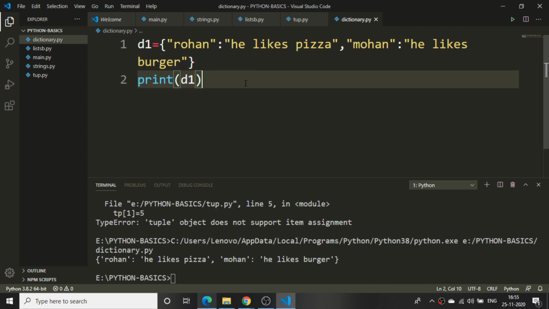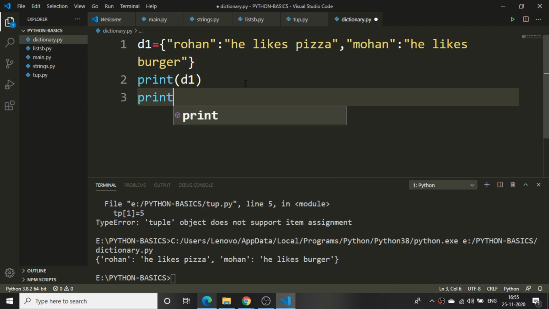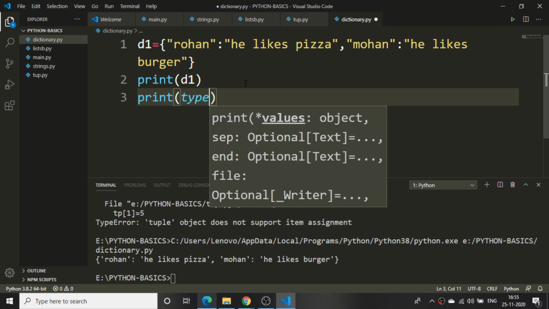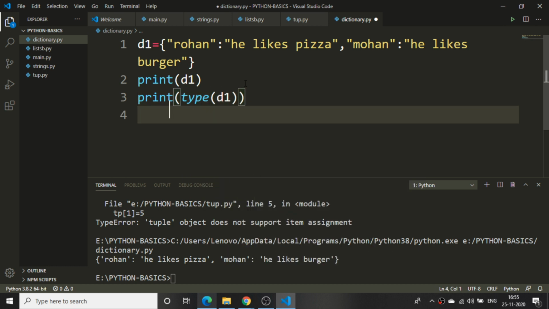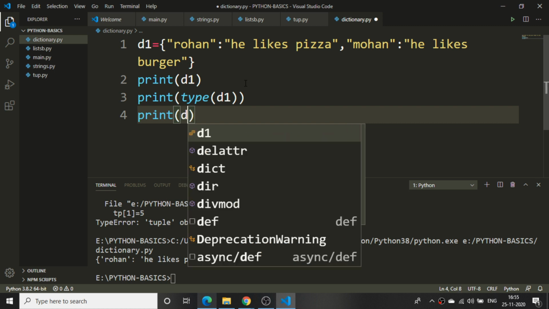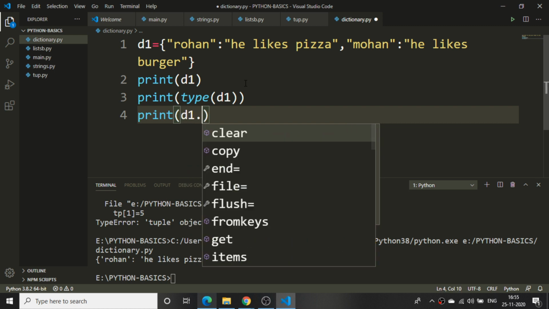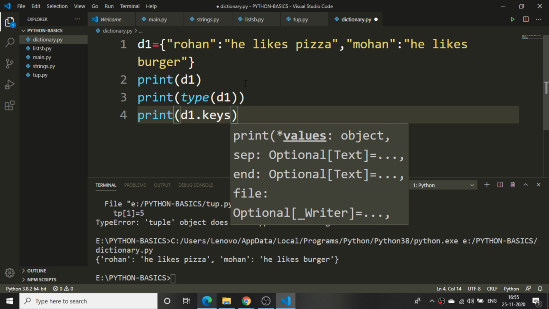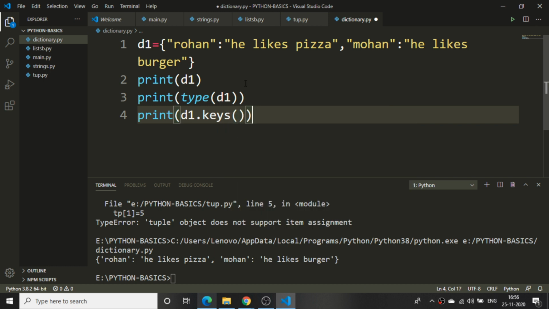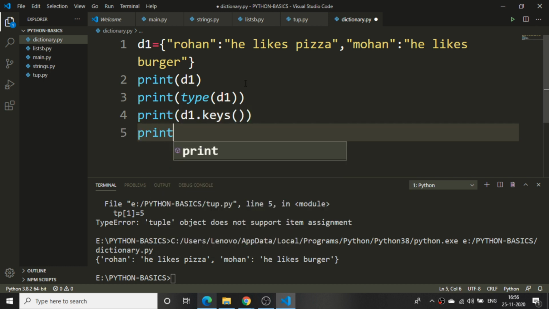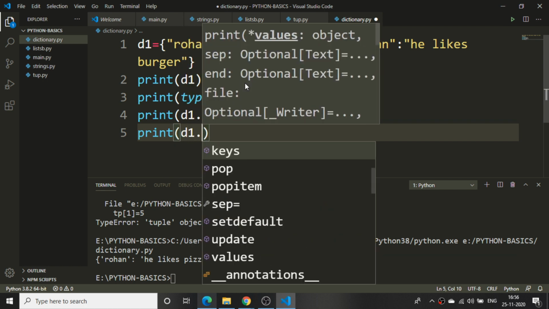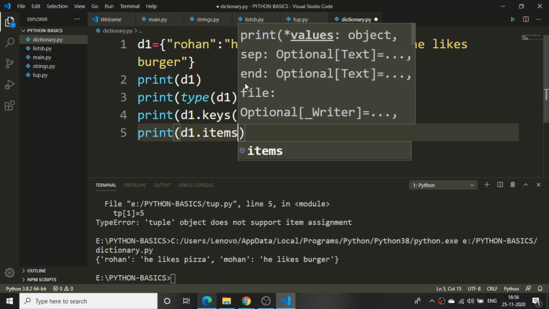Here if I print the type of D1, obviously it is class dictionary. I want to print D1 dot keys, just the keys, and then the values also, with D1 dot items.